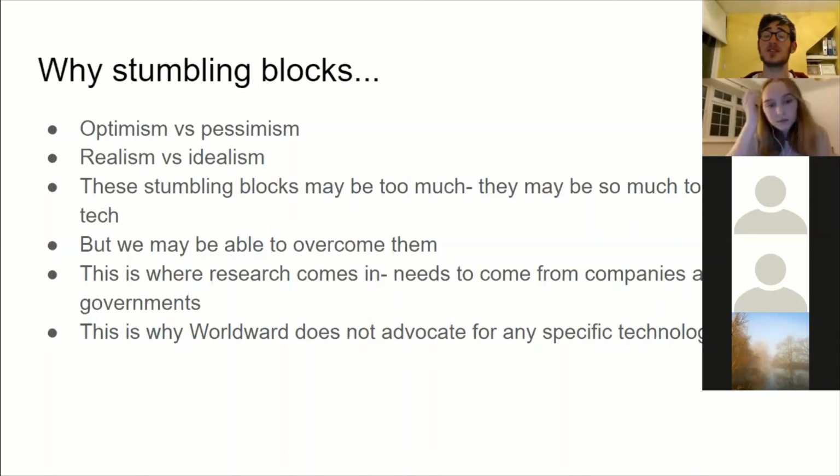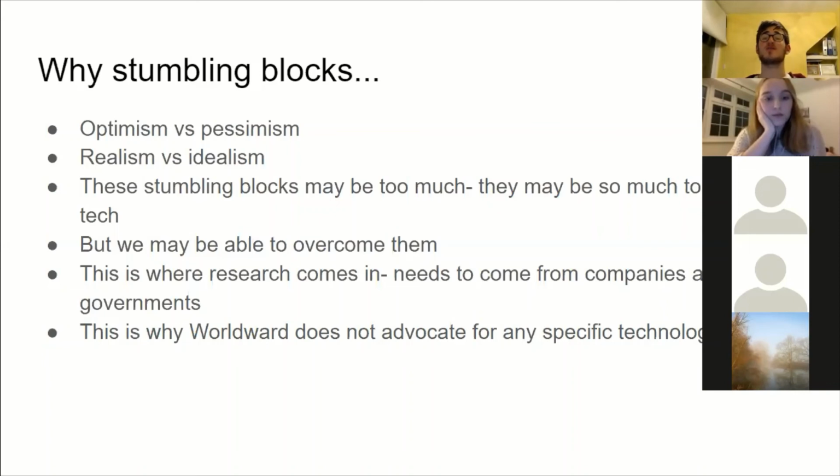And this is where research comes in. We need research to come from companies and from governments. We need research coming from entrepreneurs and scientists. We need so much research being done now. And this is one of the things that needs to be done now, before we reach net zero, so we can carry out the restoration. Because if we leave it into the future, then given the timescales we're looking at for restoration, millions of people would already have died. We cannot afford that. We need to start the research now.